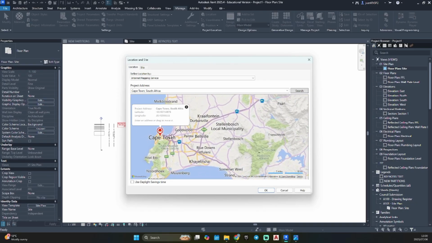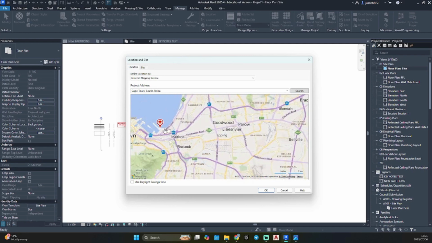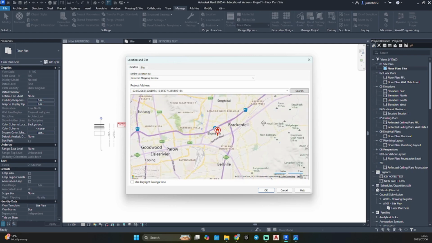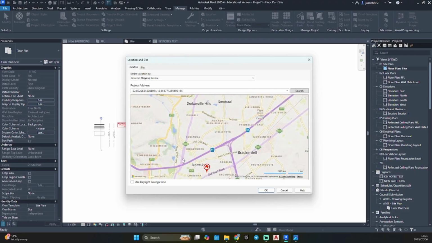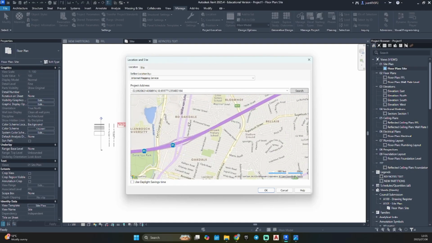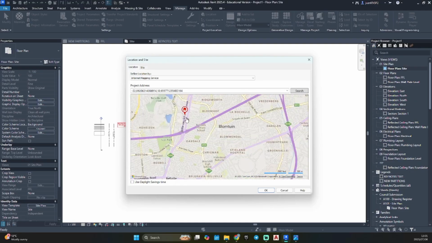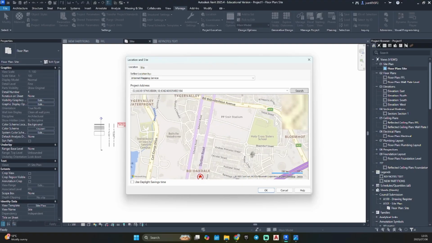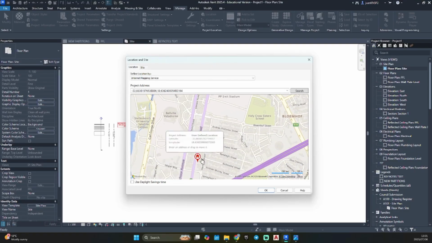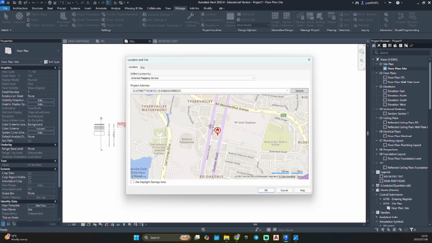So now we can move it anywhere we want. Let's try and drag it up. Okay, checking for the road. Putting it back in here. Let's try and find the office, this campus. There we go, let's move it a bit up. And there we are, set now on our campus.